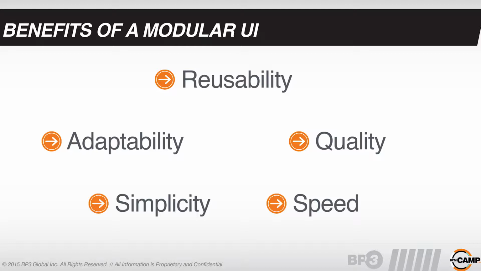Quality, it's much easier to test a simple small piece and then reuse that piece later without having to retest. Simplicity, just a logical breakdown of usually much more complex screen that's necessary to deliver value. It makes it just simpler, and it's usually a good first place to start splitting things up. And then speed. Having these small components that you've built and tested before takes a lot of the rework out of it. Right. So, if you've been paying attention, you started to hear a theme from all of us